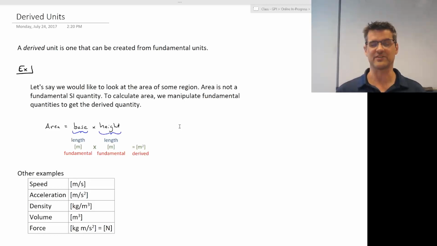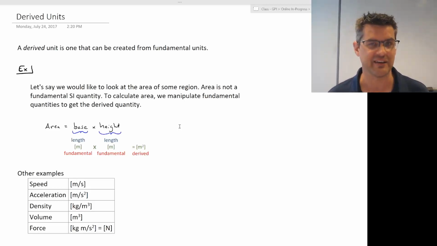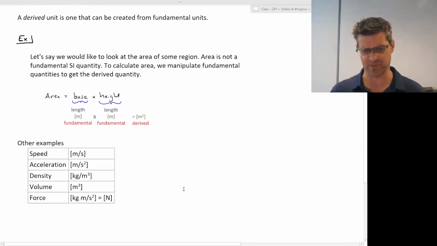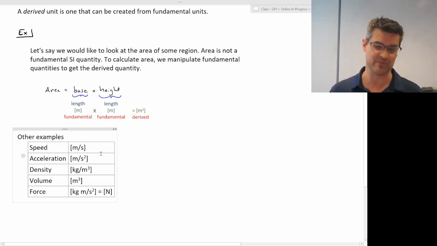For example, if I wanted to measure an area, I have to take a base times a height. And the base is measured in meters and the height is measured in meters, which means an area is a meter squared. So I create something called derived units by putting combinations of fundamental units together. In this case, area is a derived unit of meters squared based upon the fundamental units of length and length. But there's other examples that we're going to see through the term. We could have speed as a meter per second, acceleration as a meter per second squared, density is a kilogram per meter cubed, volume is meters cubed, a force is kilogram meter per second squared,